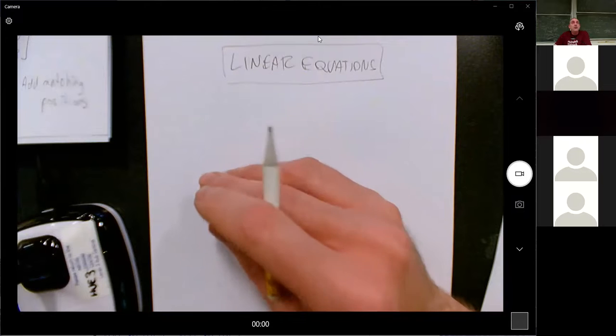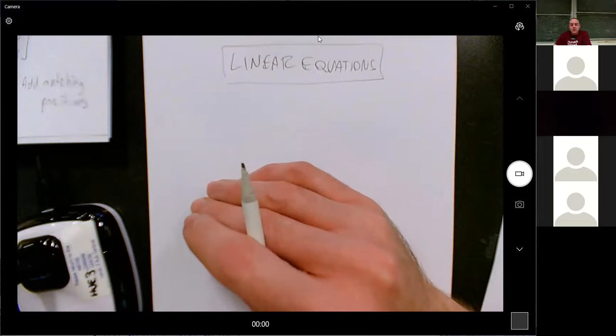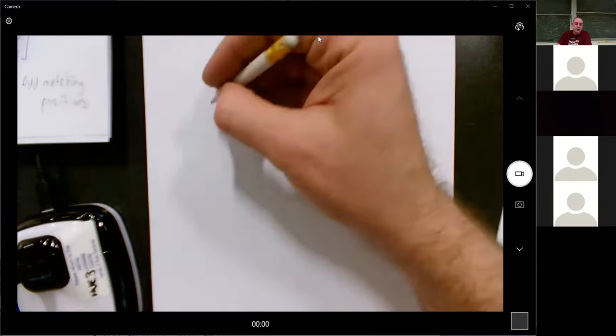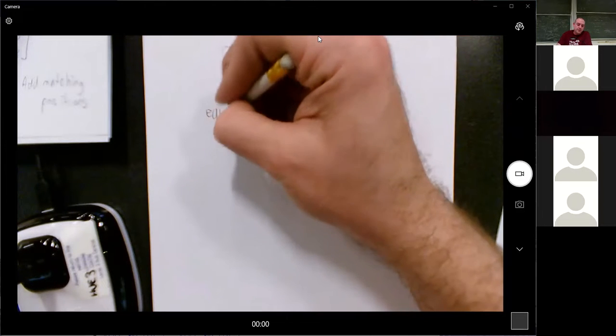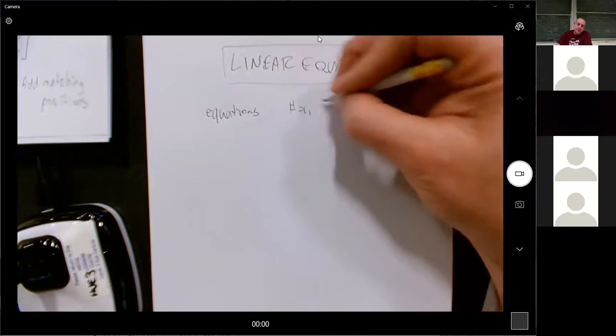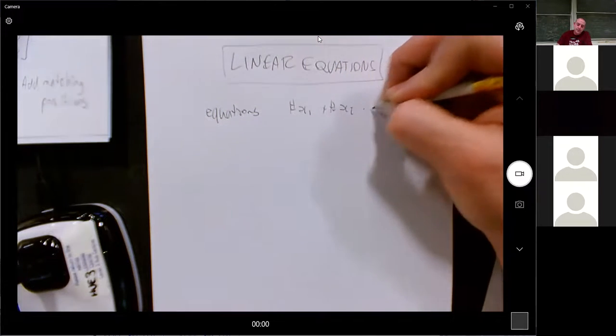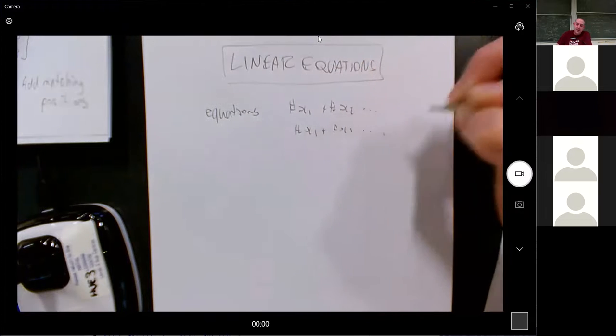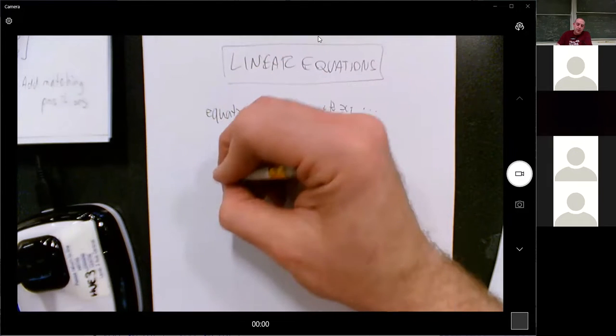And so when I try to solve linear equations with matrices, I take my coefficients and I turn them into, so you have equations and they've got like x1s and numbers. Looks like that. And then you'll turn it into a matrix